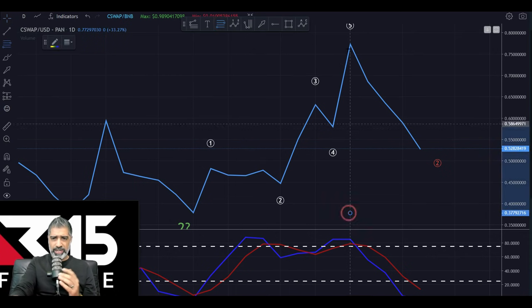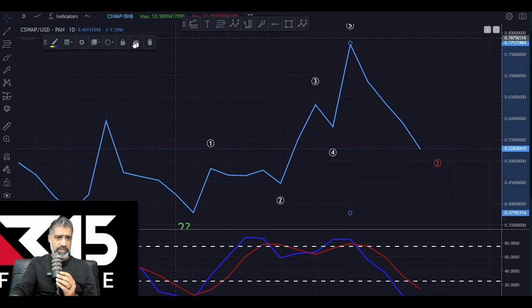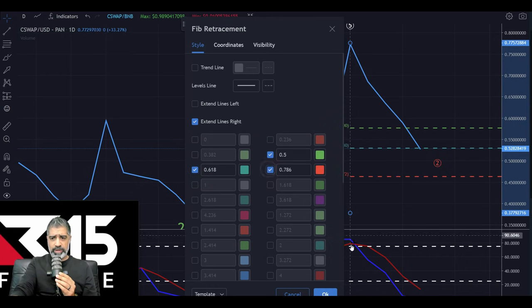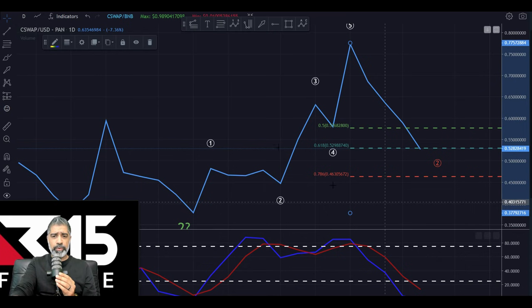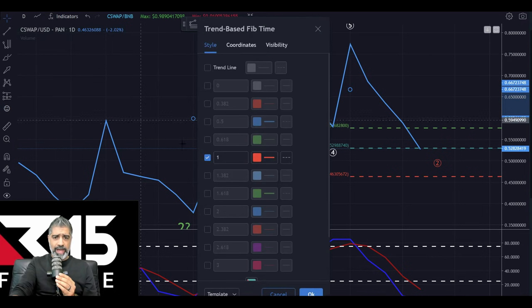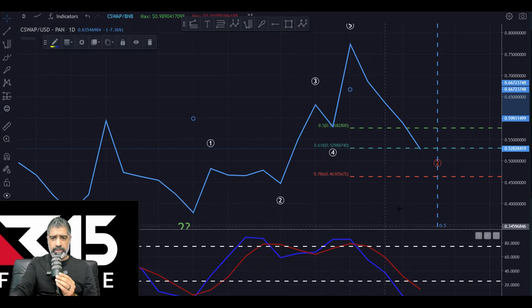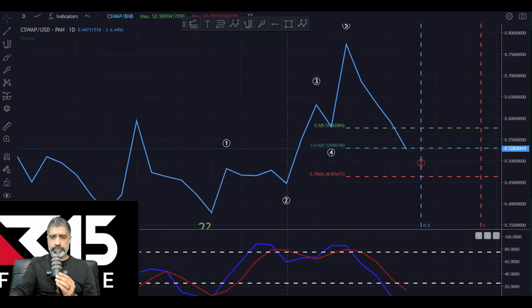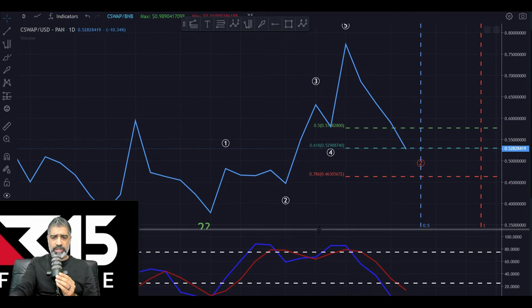I love using DEX tools and TradingView because it just does the hard work for us, right? It calculates the numbers that we want. Like we said, 50, 62 to 78.6%. They're the typical correction zones, price zones. And then if we measure the time it took to form that 1, 2, 3, 4, 5, it's 50% to 100%, which is here, right? So this is what we're looking at. I like to draw a nice pink box.